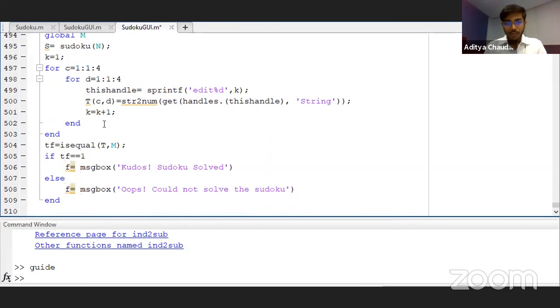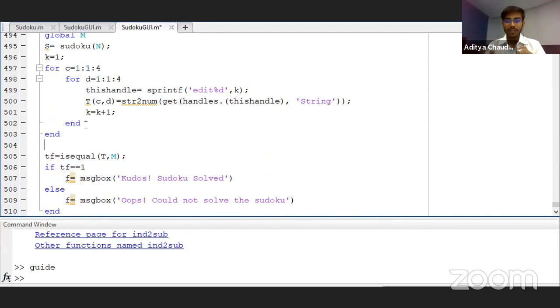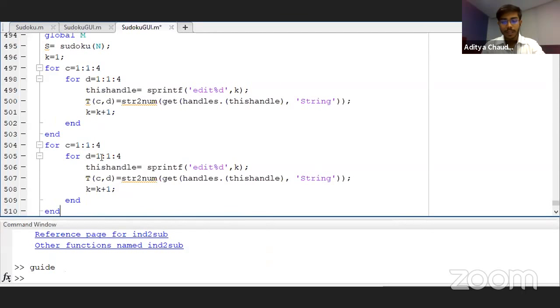Now what we can do more to give an appearance is add the green and the red things which I mentioned earlier; you might have seen it when I played the game. To add that, I'll simply copy this part of the code and paste it over here. Instead of comparing this T with this, we'll be changing the string to background color. So in spite of this string over here, we'll be changing it to background color. So that's what you have to do. And let's quickly run the code.